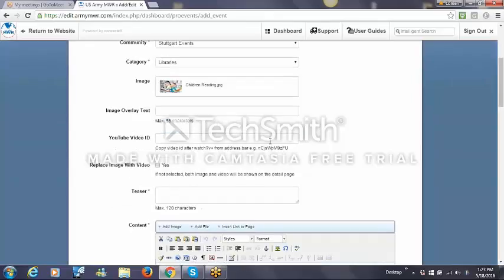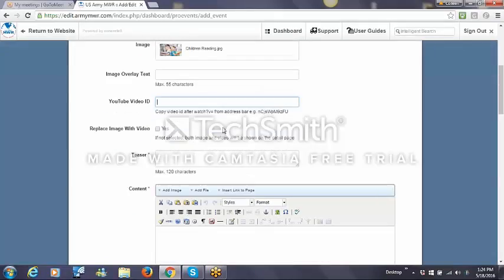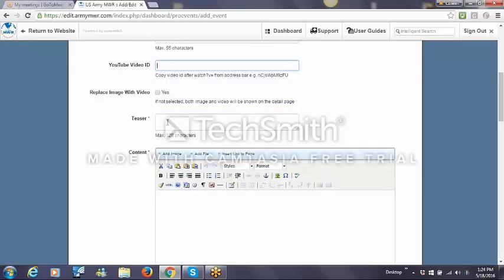If I want to put image content over the image, then I would put that in here. If you want to put in a video instead of an image, you can do that. And you would just put in the URL of the video from YouTube, and it tells you here exactly where to start copying from. If you want to use the video instead of that image, just click on yes. Teaser copy, this is,